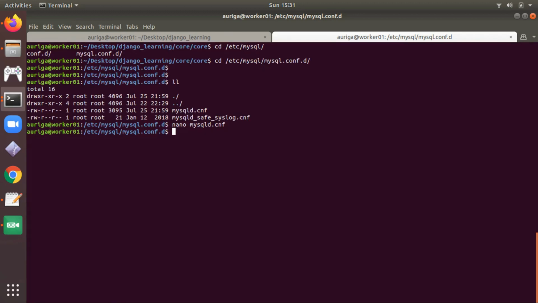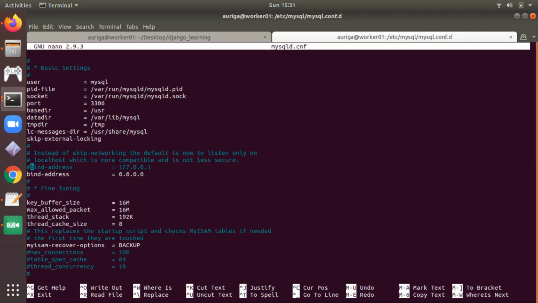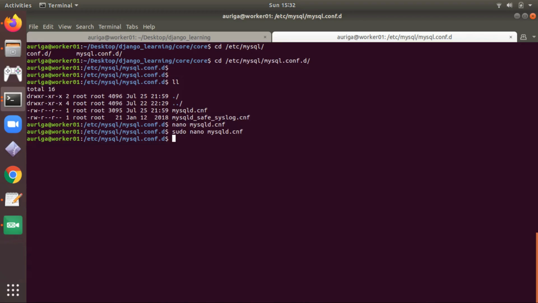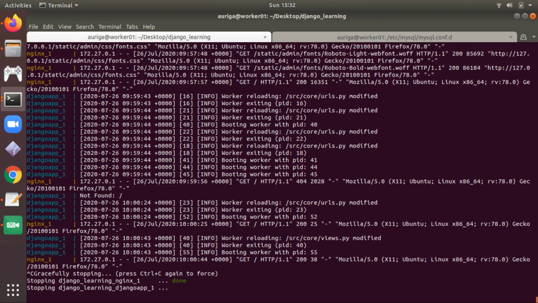Just a minute. So by default your bind address is 127.0.0.1. Let me put it again. So this is something like this. Let me stop the Docker Compose.